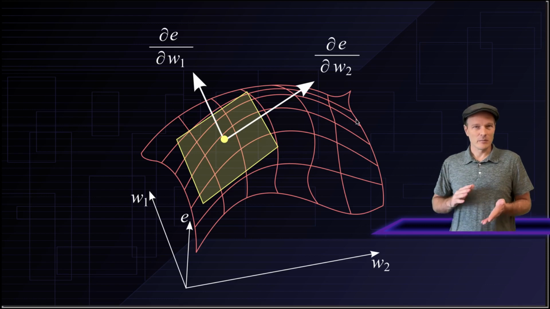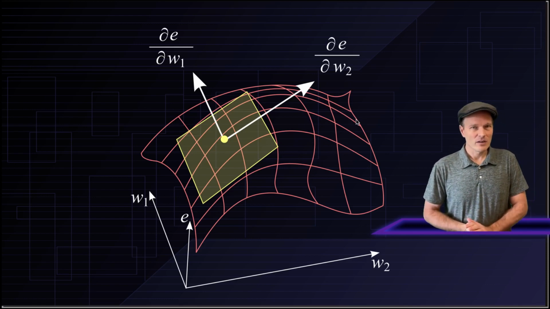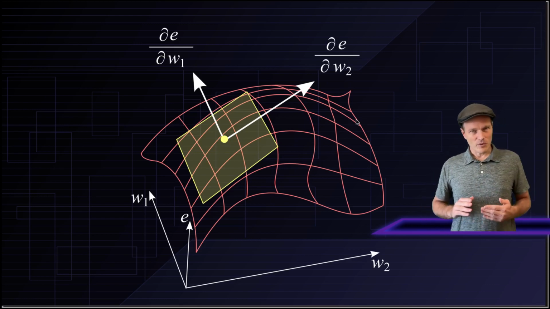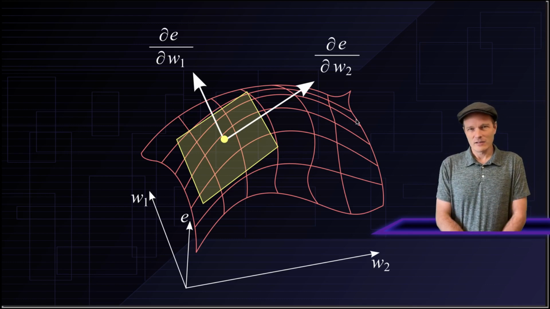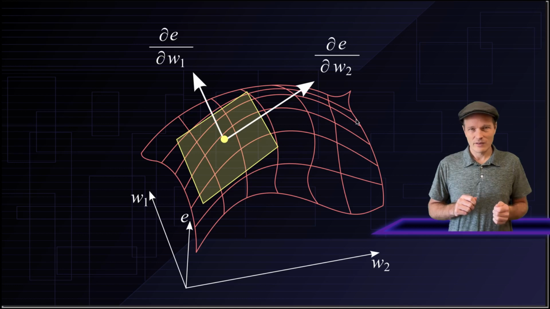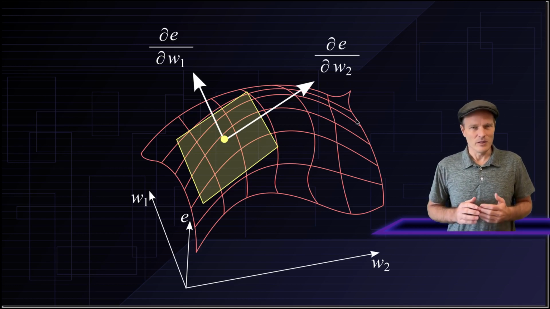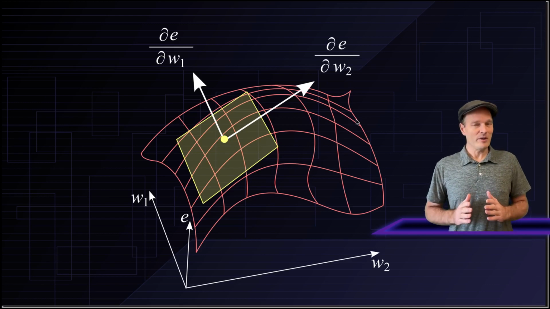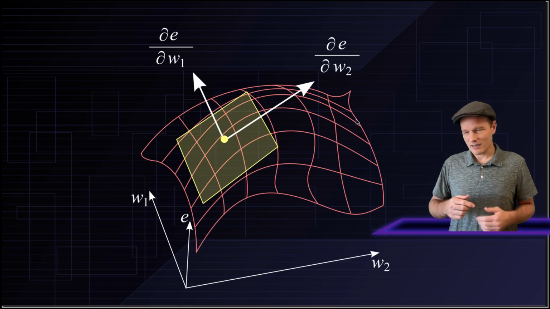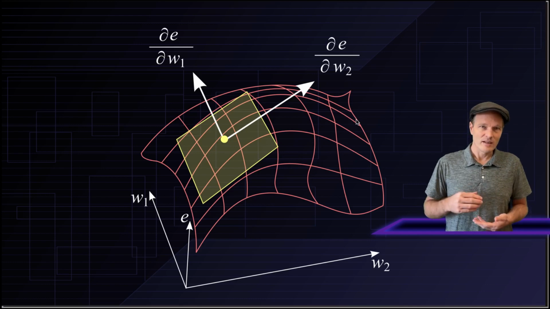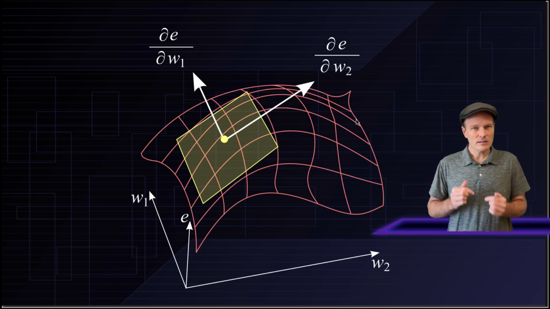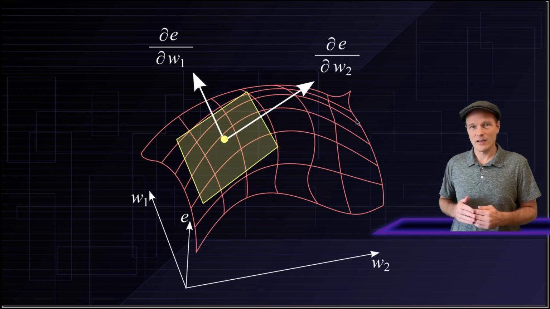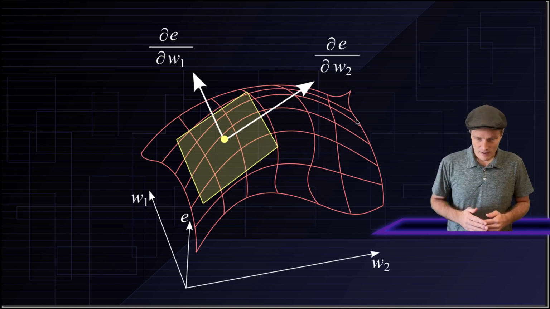Then we perform just a little bit of calculus and we can calculate something called the gradient. The gradient points in the uphill direction on the error surface. What that essentially means is if we adjust the weights in the direction of the gradient, our neural network will always get worse. We don't want our neural network to get worse, we want it to get better. So we actually subtract a tiny learning rate multiplied by this gradient, and that will adjust the weights in a direction that always makes the network just a little bit better with respect to that mini batch.